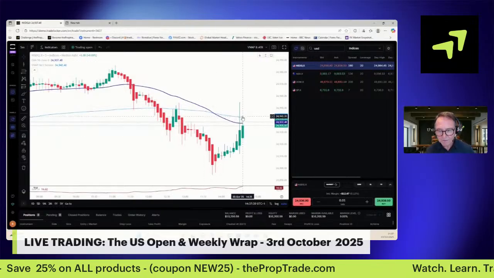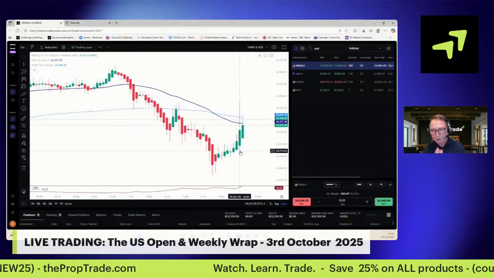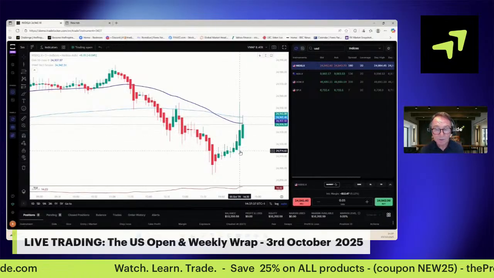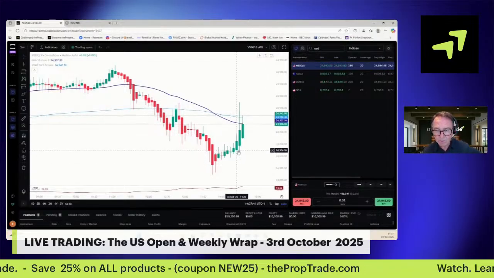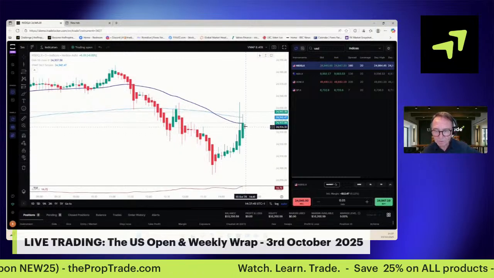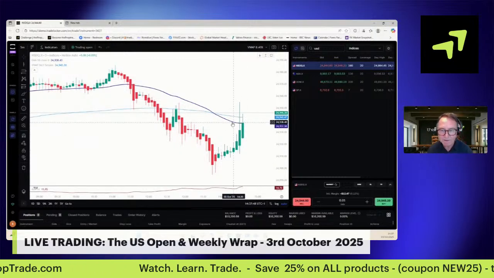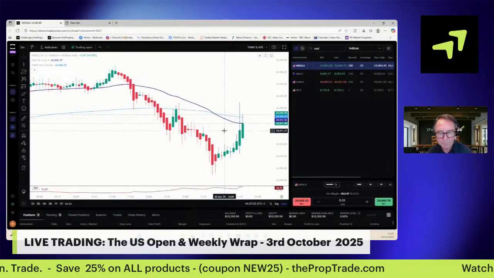So many would have had a target from this green one there, sort of been in and out. But other players with the Heikin Ashi candle will just still be long and just scrolling up their stop loss. Stop loss would be around about this second candle now. This one is still forming. So we see if we break the 50 period, which is the dark blue line, and the VWAP, that would be positive to the upside